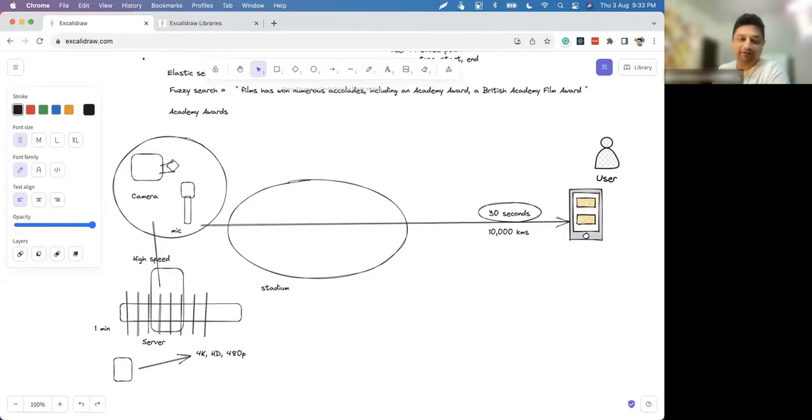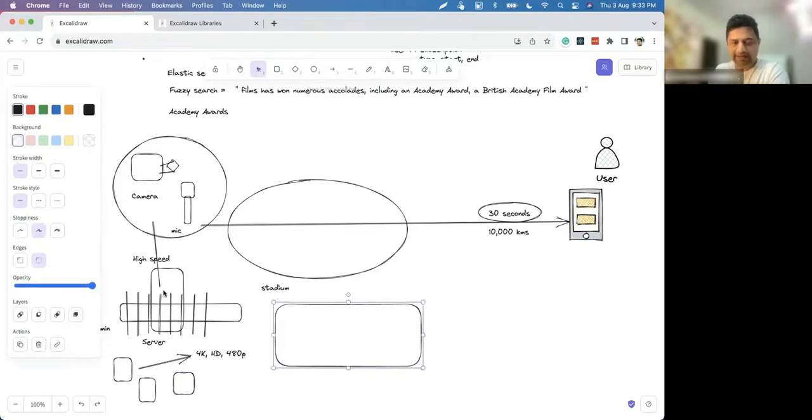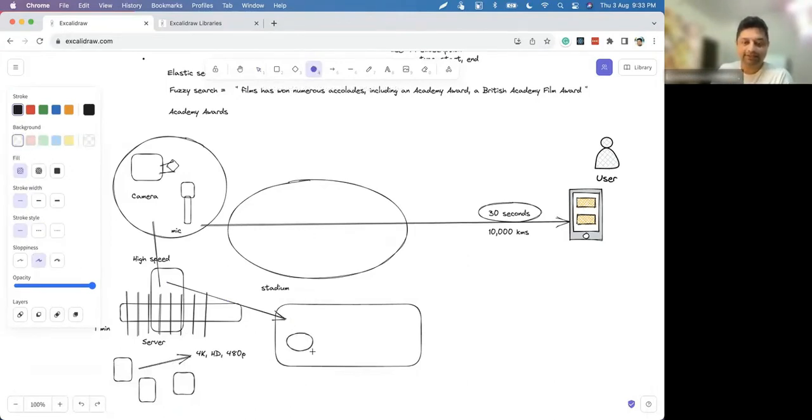So every 1 minute, I will get all these files, and I can feed them to the CDN. My content server will send these to the CDN, and the CDN will copy them to various edge servers. Let me change this to rectangles.